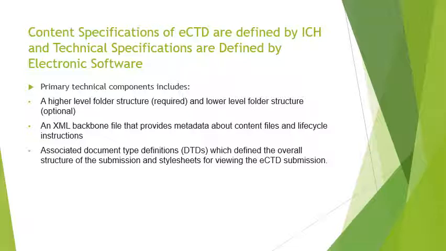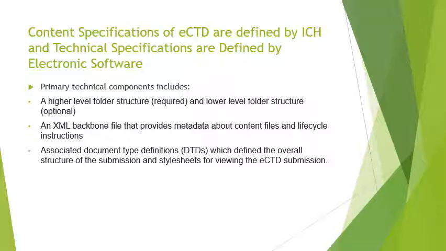So the primary technical components include, first of all, a higher level folder structure, which is also called the primary folder structure. Then it contains the lower level folder structure, also called the daughter level folder structure, which is optional. It depends: only if there are additional folders will it have a lower level folder structure, or else the higher level folder structure is the mandatory requirement